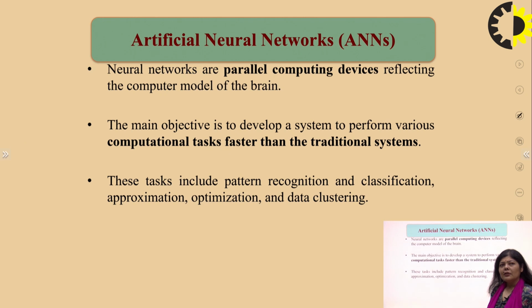So as we know, neural networks are parallel computing devices reflecting the computer model of the brain. So basically, the neural models were inspired by how the human brain works, and the main objective of these networks was to develop a system which can perform the computational task faster than the traditional system. Another thing that became the inspiration for development of these architectures was that scientists were trying to